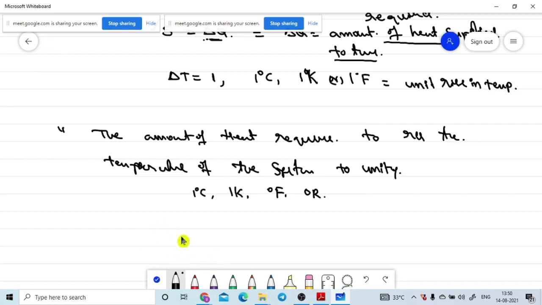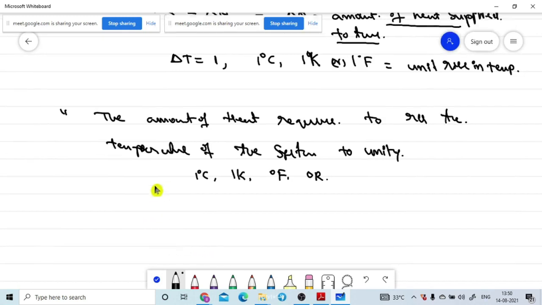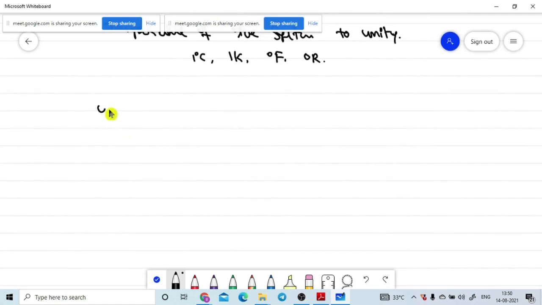So I will take that. What are the units of heat capacity? Units of heat capacity, which will be denoted with a capital S. So capital S is equal to the basic formula delta Q by delta T. It is the definition, delta Q by delta T. Now this is nothing but Q by T only. Don't confuse here. How much heat is supplied, that is delta Q. How much rise in temperature, that is delta T. Don't confuse here.